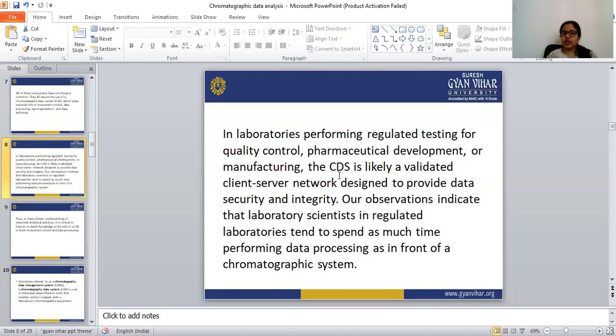Our observation indicates that laboratory scientists in regulated laboratories tend to spend as much time performing data processing as in front of a chromatographic system.